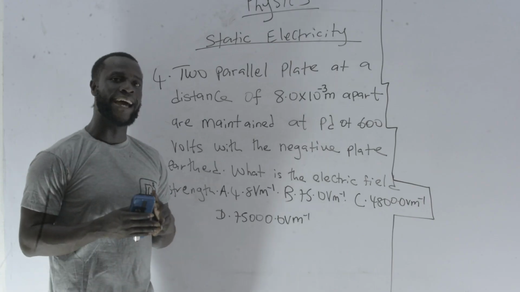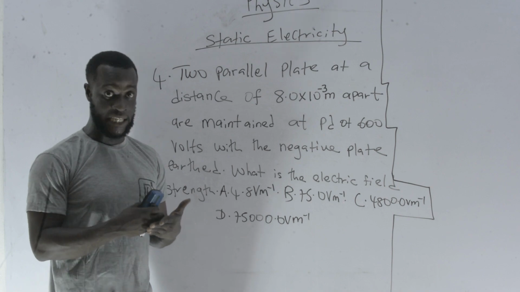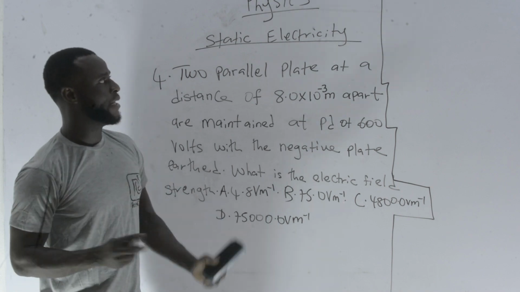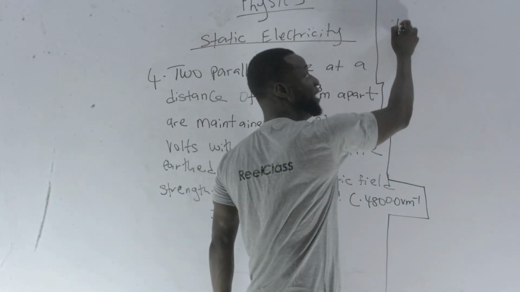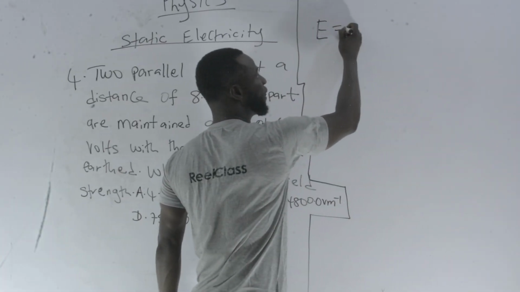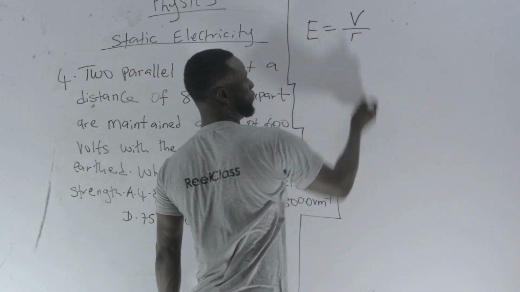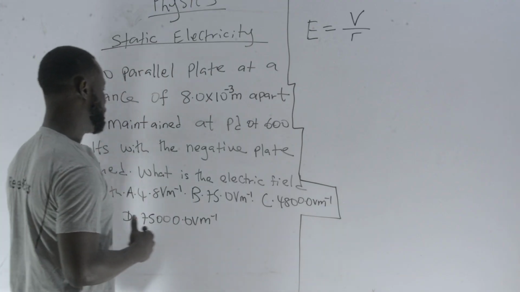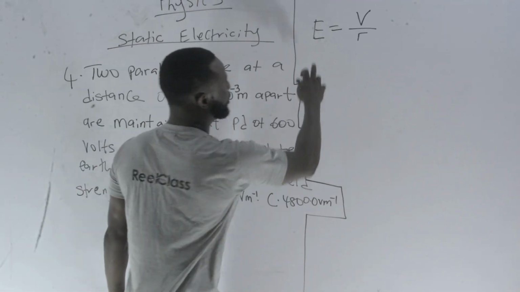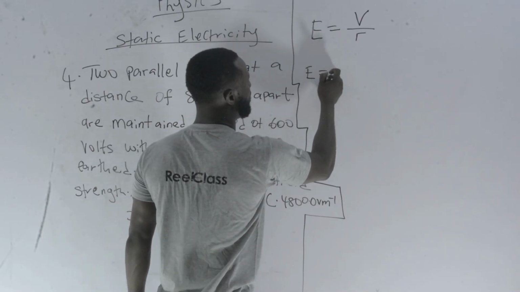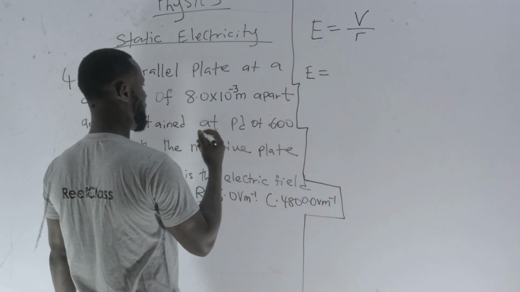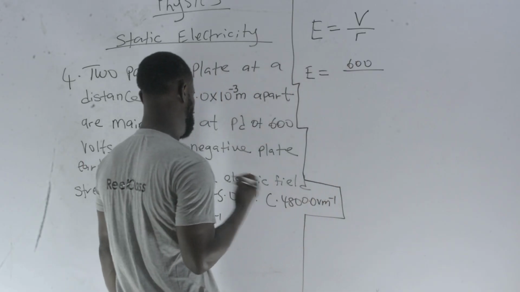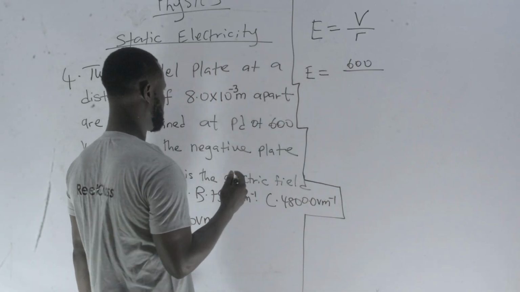I'm going to use the formula that relates electric field strength, E, and electric potential difference, or electric potential, V. That formula is E equals V divided by R, where R represents our distance. Since we are looking for the electric field strength, E, then E equals, what is our V? Our V is 600 volts divided by our R, which is